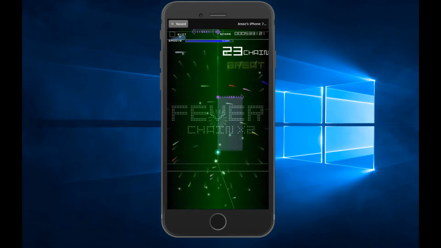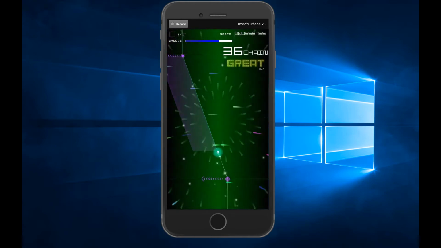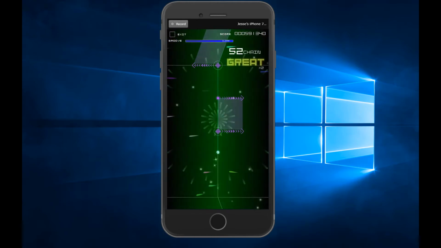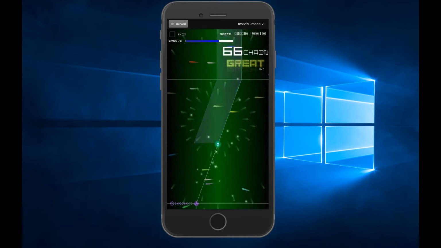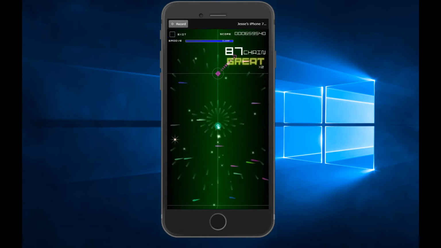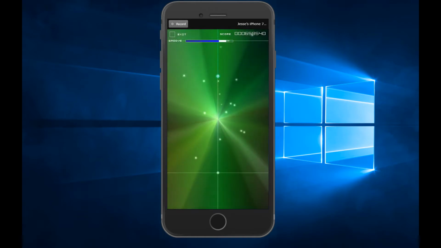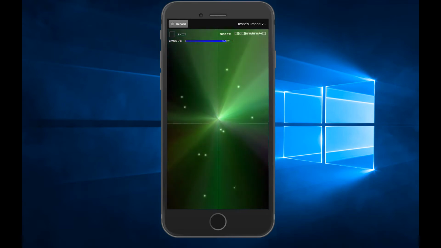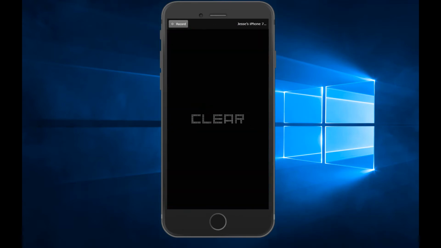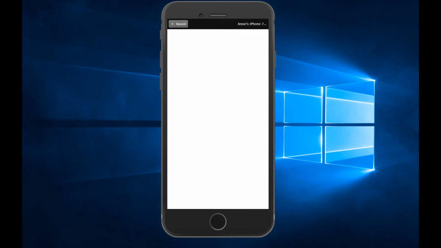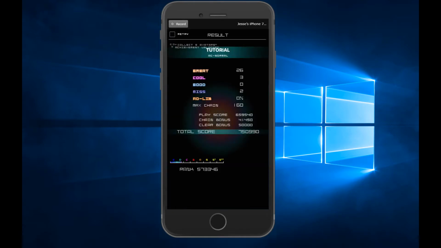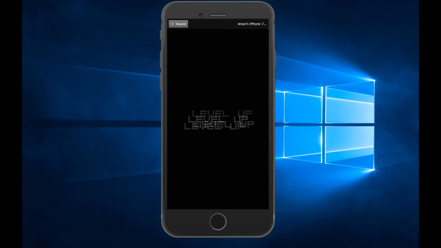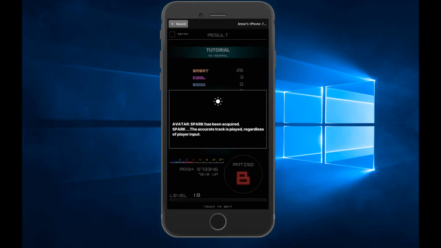I'm doing it on the beat, so you can kind of tell when I need to do something, even based on the beat in a lot of cases. Okay, oh, I didn't get the last one. If I had to guess, maybe a B, because I made some mistakes in there. I don't think I got an A. Yeah, alright, right on. Okay, I leveled up again. Okay, unlock something.